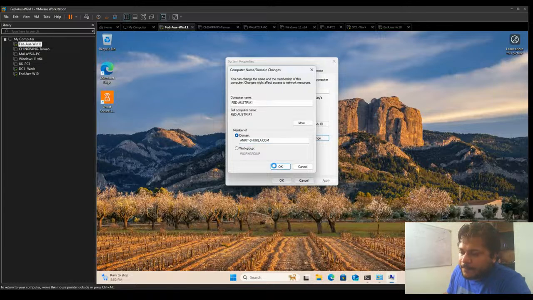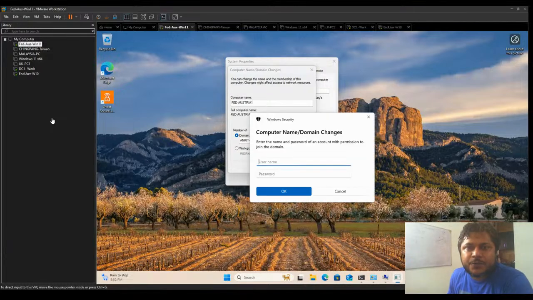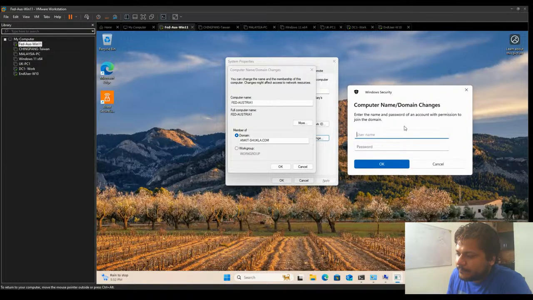Then click OK. It will give you a prompt asking for the name and password of an account that has the access to join this machine to an Active Directory domain. Over here, the username would be the domain name backslash username, like how you had it on your domain controller.